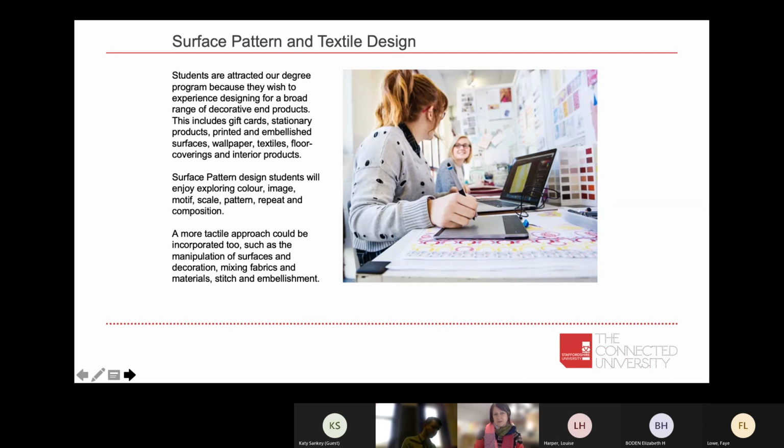So on surface pattern and textile design, it's not just fabrics. You know, you could be designing for greetings cards, stationery products. It could be wallpaper designs, could be textiles. You know, it could be prints for fashion or prints for interiors, but it could also be floor coverings and ceramics as well. So surface pattern design students tend to enjoy exploring colour and image,